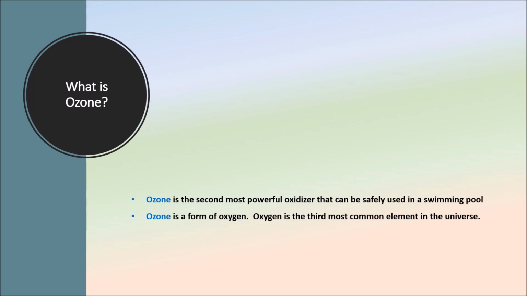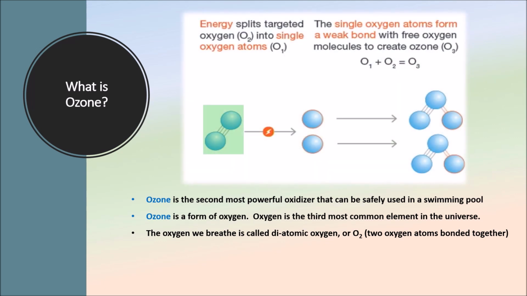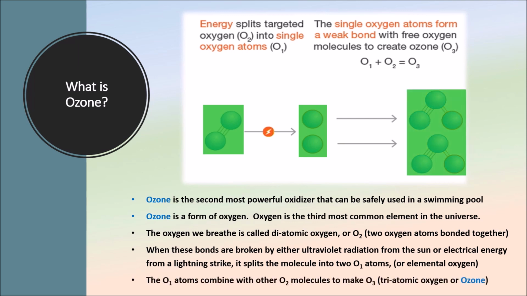The oxygen we breathe in the atmosphere is called diatomic oxygen, or O2, and is two elemental oxygen atoms bonded together. When diatomic oxygen is exposed to either ultraviolet radiation from the sun or electrical energy from a lightning strike, the O2 molecule splits into two separate elemental oxygen atoms, or O1. These stray O1 atoms form a weak molecular bond with surrounding O2 molecules to create O3, or ozone. This bond is weak because it lacks an electron, so this gives the ozone a very strong cationic, or positive,